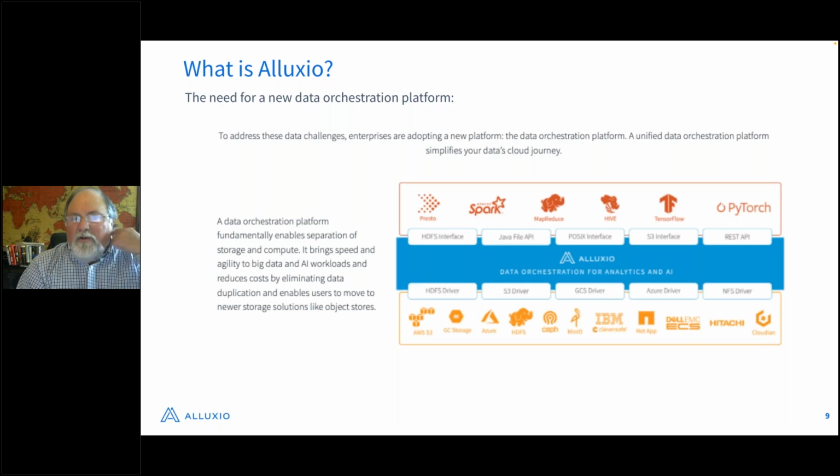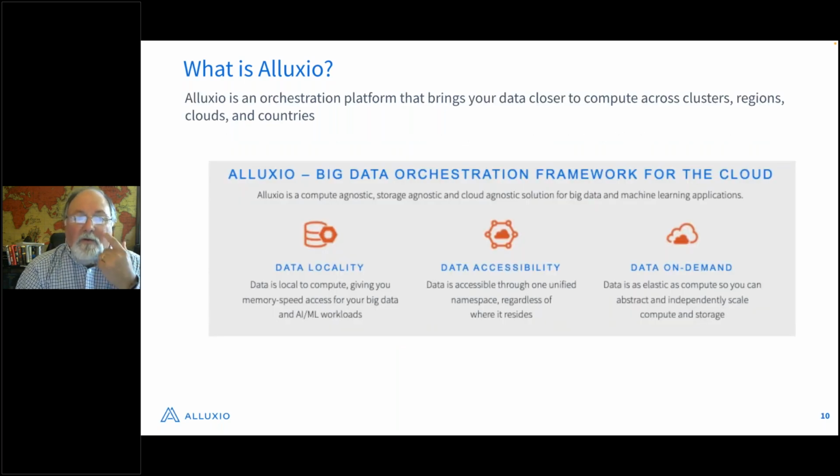So there's a need for a data orchestration platform to help bring those things together, reduce cost, improve performance and provide that unified security environment. A tool like Alluxio is needed to be the intermediary between workloads, whether they be machine learning and analytics or traditional applications doing traditional reads and writes, and the underlying data stores, which, like I said, could be on-prem or in the cloud. They could be traditional storage systems on-prem, or they could be a new generation of object stores in the cloud. So Alluxio solves those problems by being that intermediary.